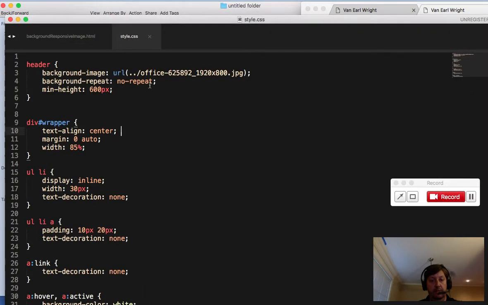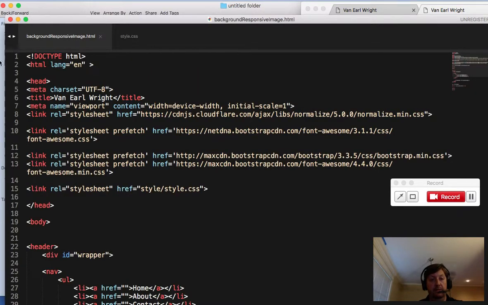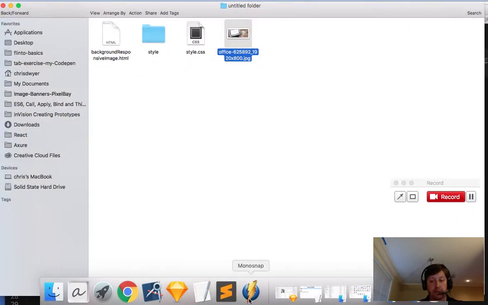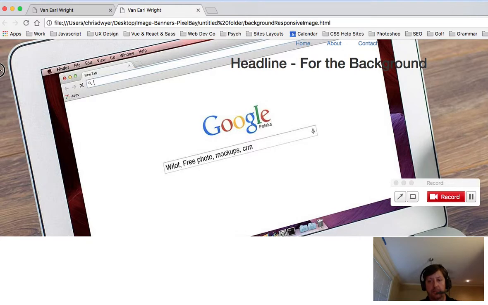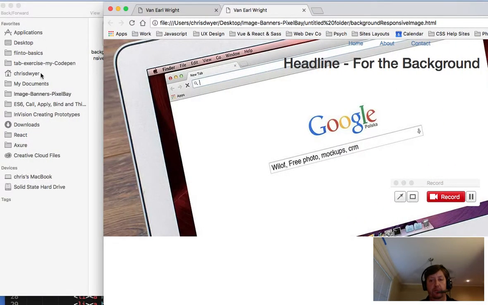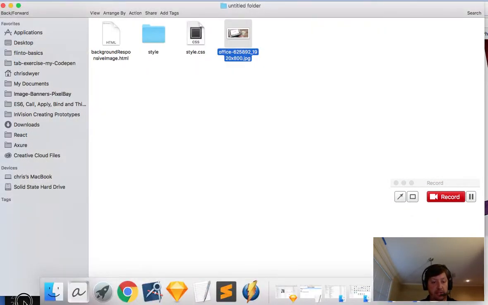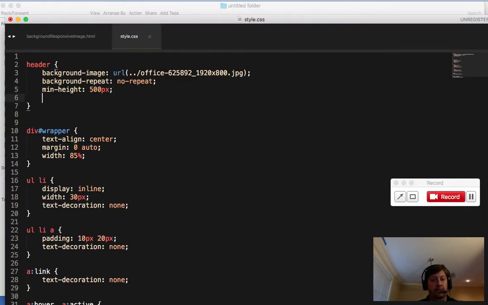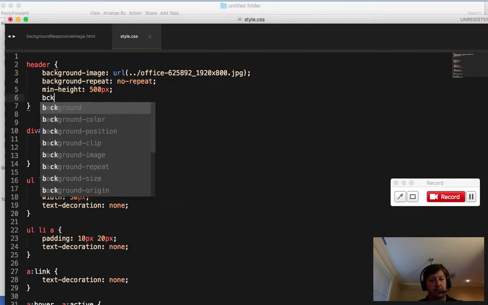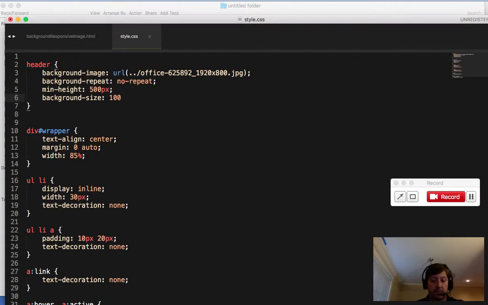How about a minimum height of 500? This will chop off some of it. Probably should chop up the image a little bit. See there, it looks a little bit better. But the image really could be fixed. It needs to be chopped up and smaller. And beyond minimum height, you will do background size. When you put it at 100%, this is going to make it responsive, so that when you scale this thing,